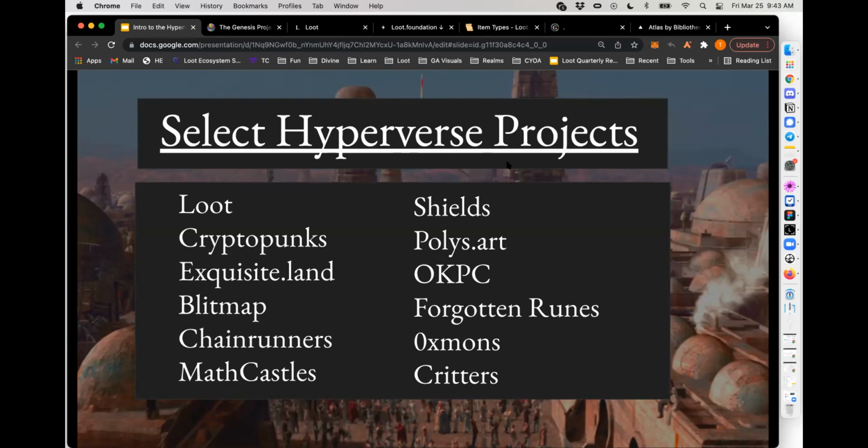Blitmap, which is Dom's other project. Chain Runners, Math Castles, Terraforms, who's having a moment right now. John Palmer and Sharuz's Shields project. Polys.art is an incredible collaborative art project. OKPC, which just launched 44 minutes ago, is a project that I've gotten to be a participant in and a founding artist on and, I don't know, advisor and friend on, which is really exciting.